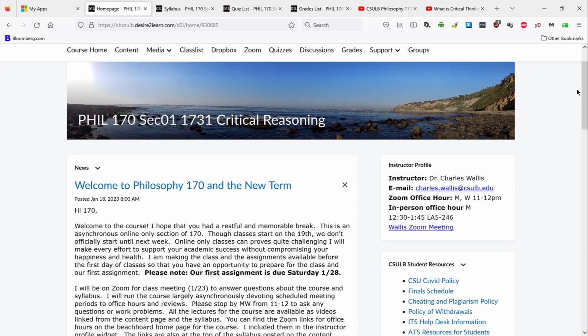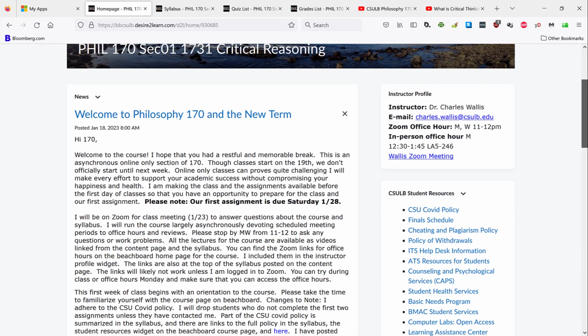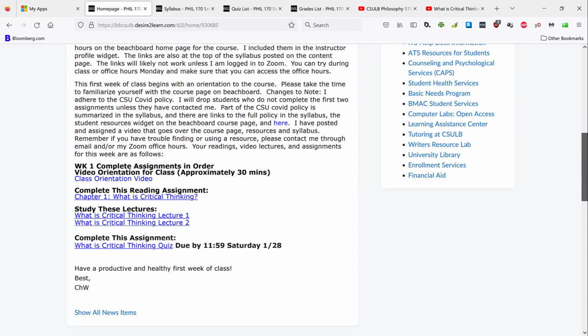As we go down, the lower left here is the newsfeed. Each week I'll have a new newsfeed item. It will basically talk about what we're going to be covering, any other important events for the course, and then it'll give you a list of the assignments, reading assignments, lecture assignments, and any other assignments like quizzes, and there'll be direct links. Now I had to reorganize this course pretty dramatically in a really short period of time. So if there are typos or you find links that don't work right, please contact me as soon as possible so that I can correct them.